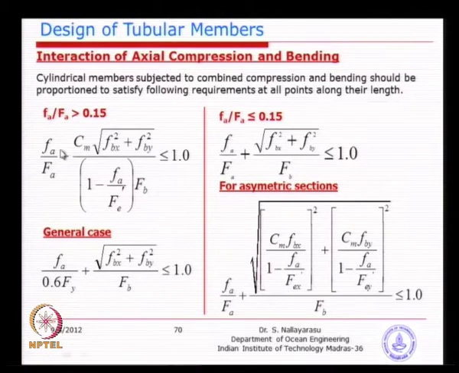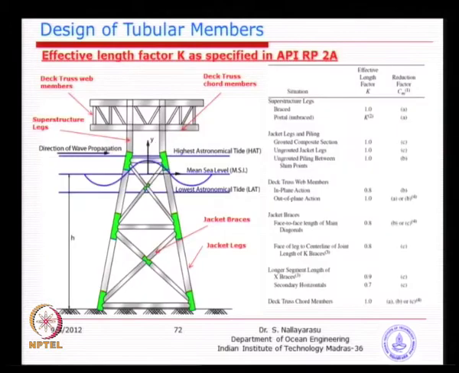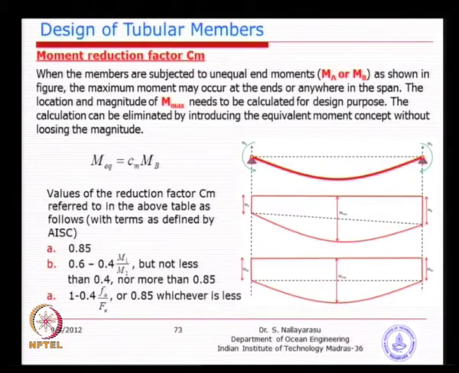Then there is one more factor coming here at the top, called the moment reduction factor, which we will be discussing on the next page. What is the moment reduction factor? So, if you look at this diagram, it is a single curvature bending, and mostly you have bending moment here, probably of different magnitudes. But we all know that if there is span loading, you may have a point load, you may have a UDL, or you may have other forms of loading, the bending moment may be maximum somewhere in the span, we do not know where it is.